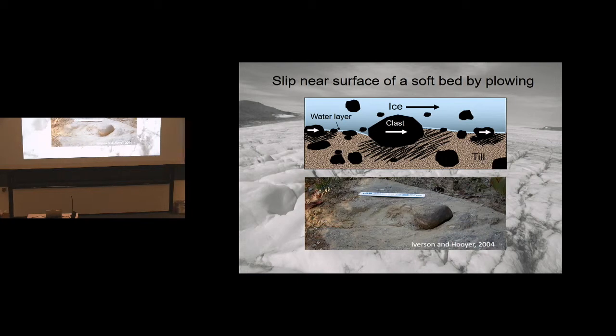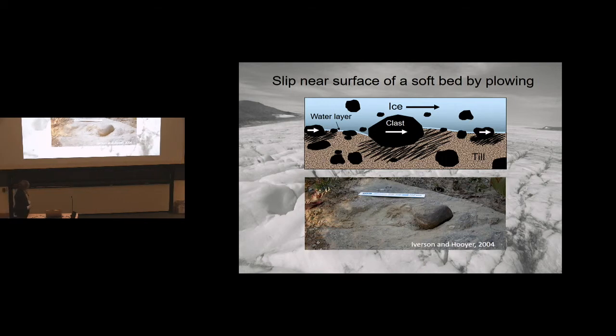And we can see this actually in the geologic record. Not very often, because these bedding planes in tills are not often well preserved. In this case, this is a bedding plane from about 300,000 years ago in Illinois, where the till substrate has been turned into a rock, effectively, through calcite precipitation. Ice slipped from left to right here. This clast was dragged along. It formed a trough here. It formed a prow here. And you can see where ice slid around this clast by looking at these scratches, where debris in the ice